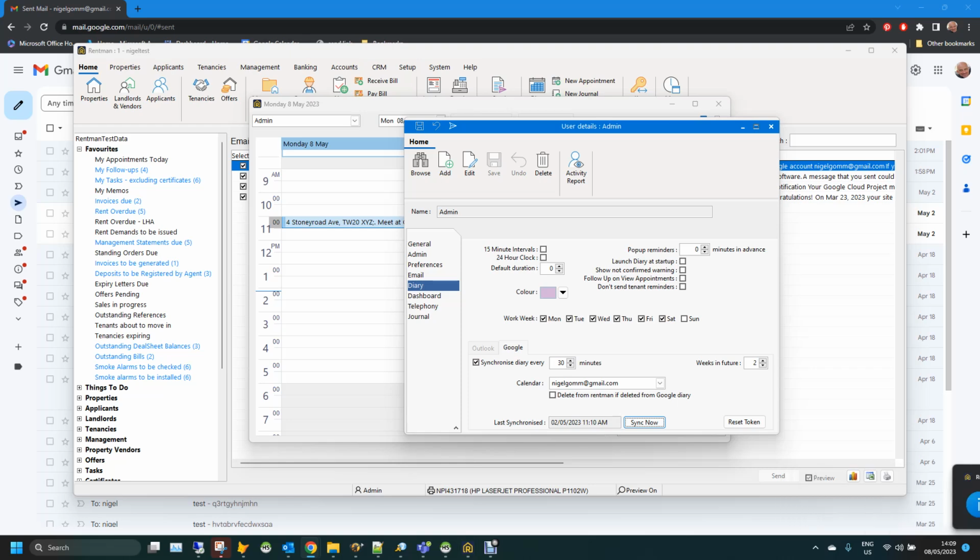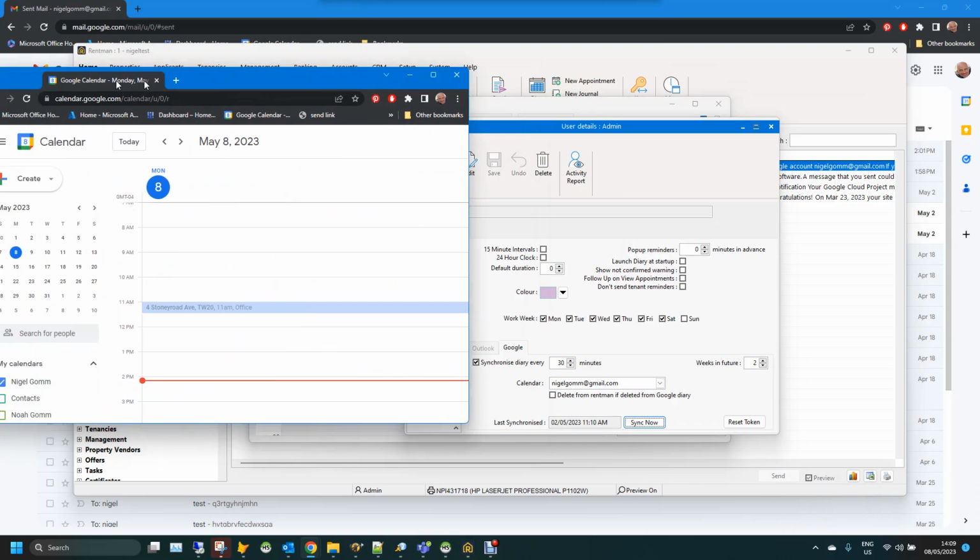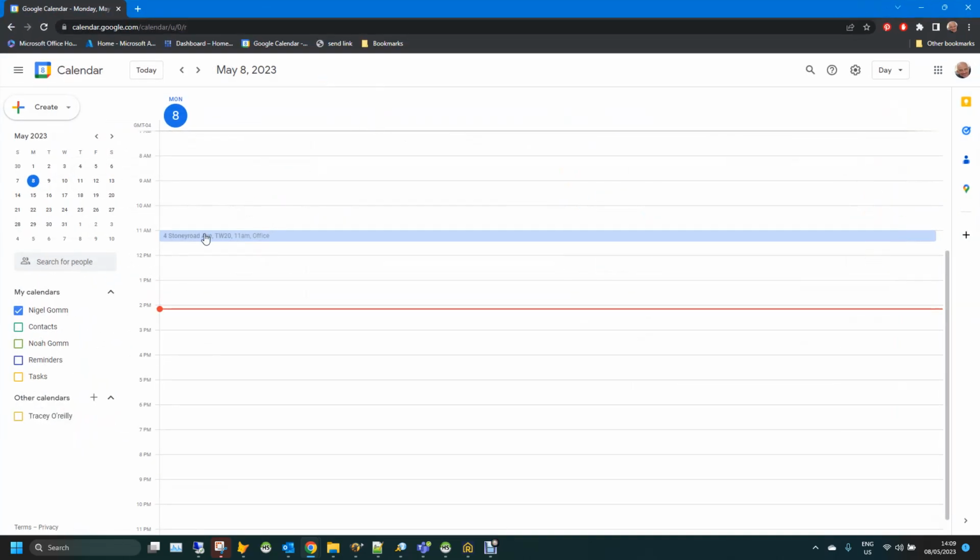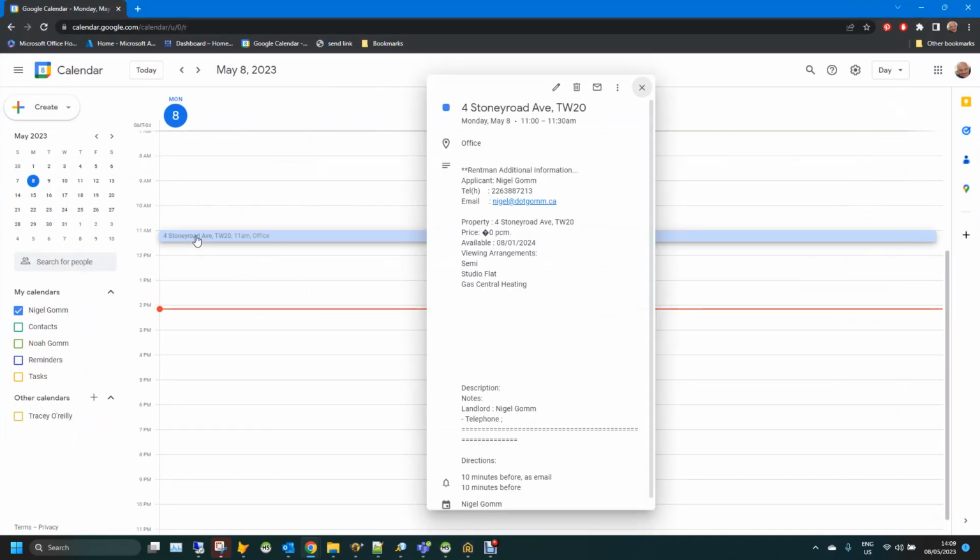Now I'm just looking over here on my other monitor in the browser. Here's my diary for today, and you'll see that's the appointment we just made. Rentman's added some extra information in there that might be useful while you're out and about. If you're synchronizing with Google Calendar, presumably it's because you want to see the appointment on your phone or iPad or wherever, and you're not using Rentman Online, which would already have all this information there. But the appointment gets this information: the applicant's details, the property details, and any landlord information that was there. Now, any changes you make here will be